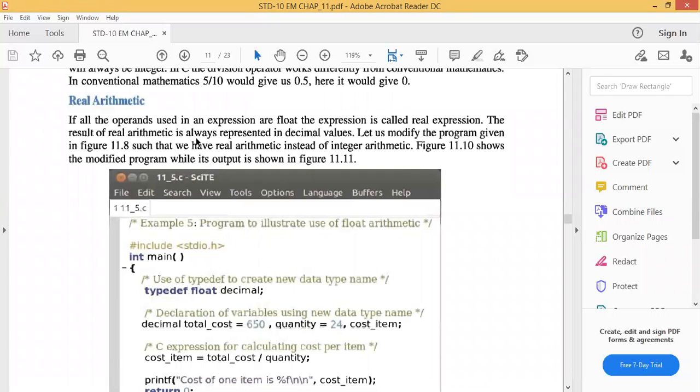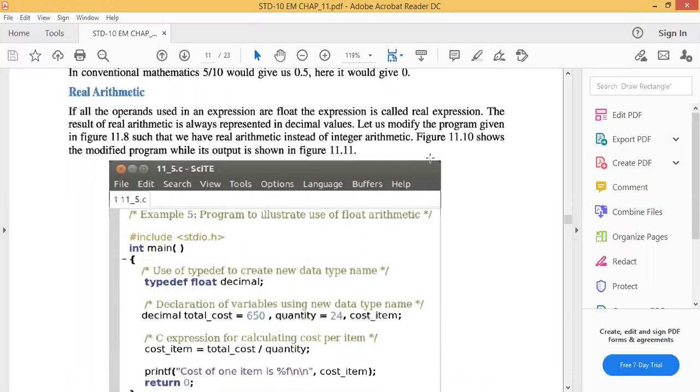If all the operands used in an expression are float, the expression is called a real expression. What is float? Decimal numeric digits.